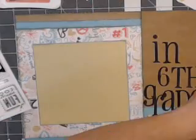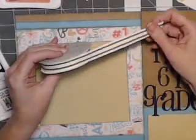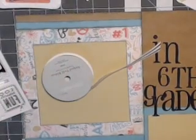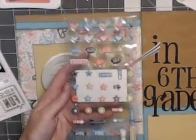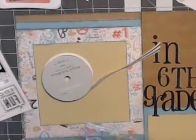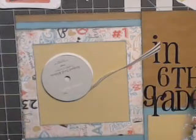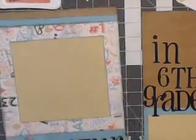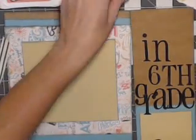So in this kit came two specific things. One was twill ribbon, and the other were these really super cute little stickers. So, what I want to do...